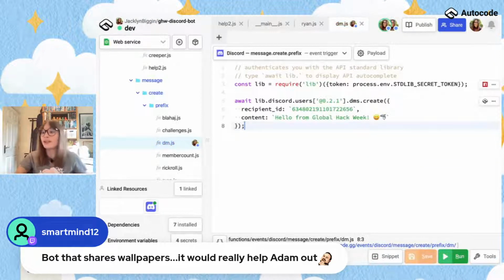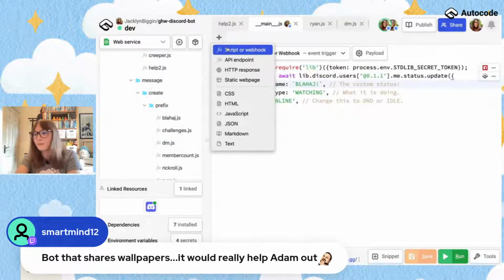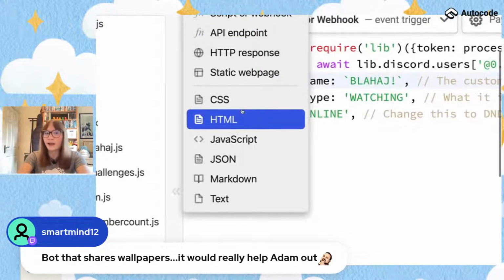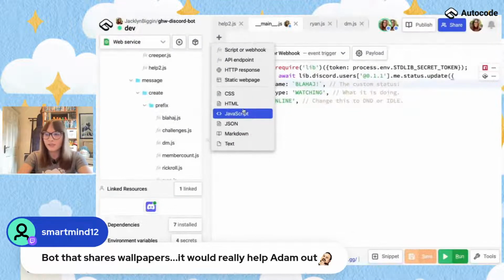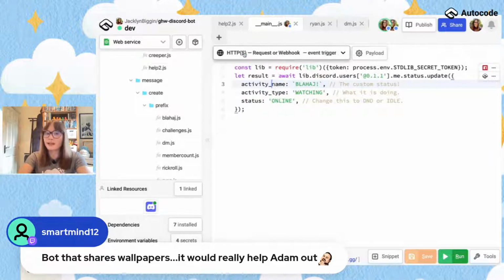And so if you don't want to spin up your own database and you just want to build something quick and hacky, you know, I know what people are like at hackathons, sometimes that's what you want to do. Then literally it is that easy. And also just to show you one final thing, I've closed the meme thing by accident, but you can also host websites on Autocode too. So if you are building and you want quick and easy web hosting, that is totally supported. But Autocode's API support is pretty cool.